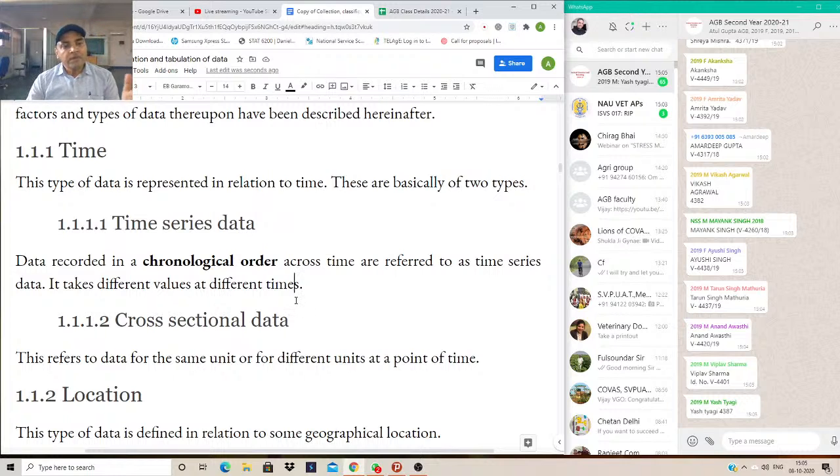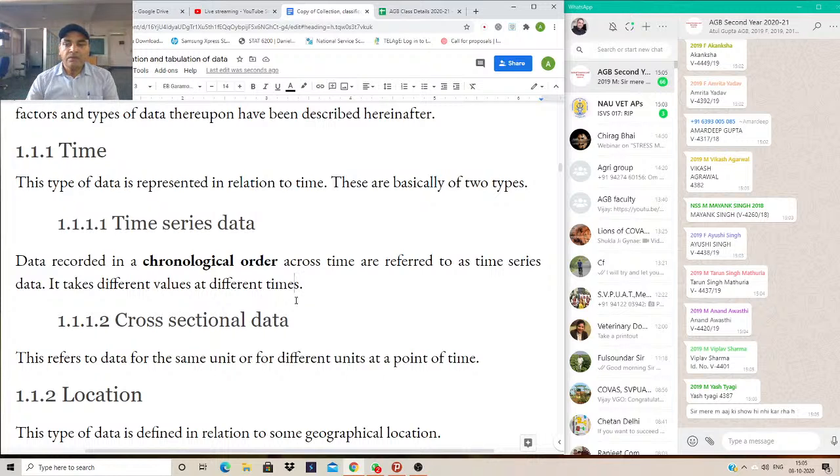So when you encounter data in which some chronological order is there, that type of data is